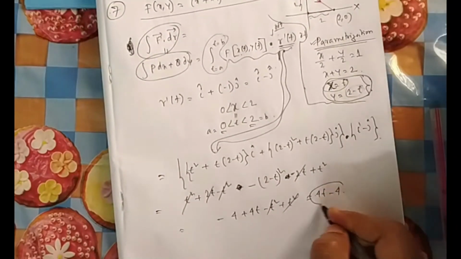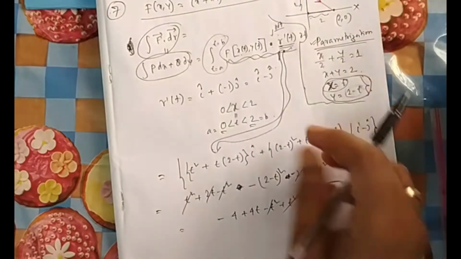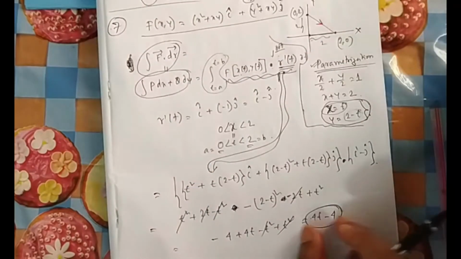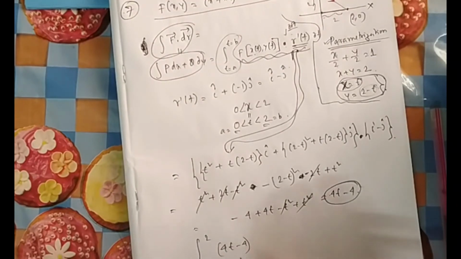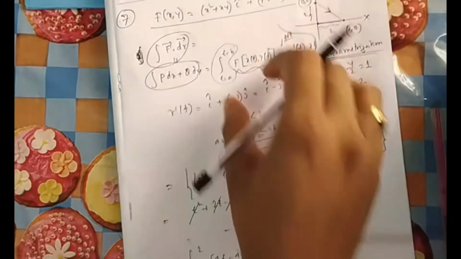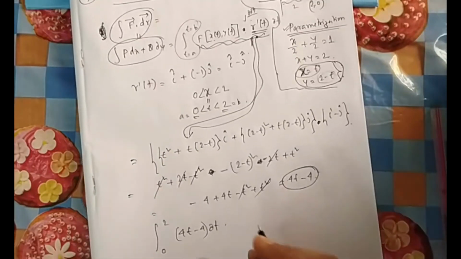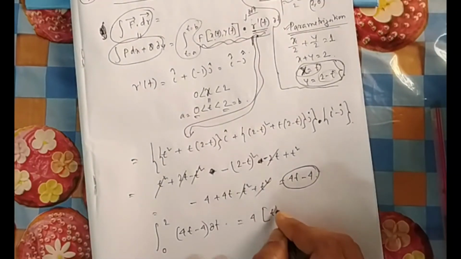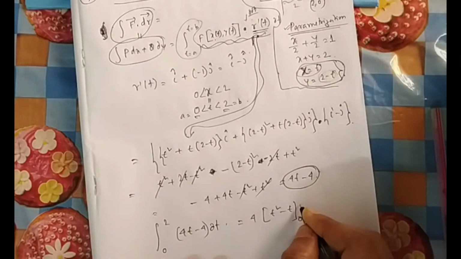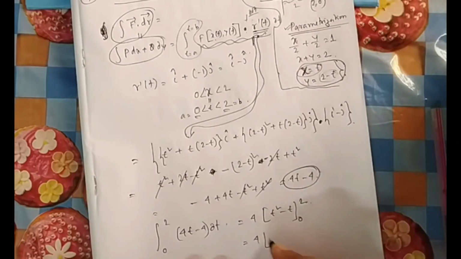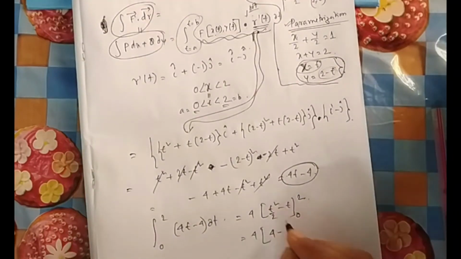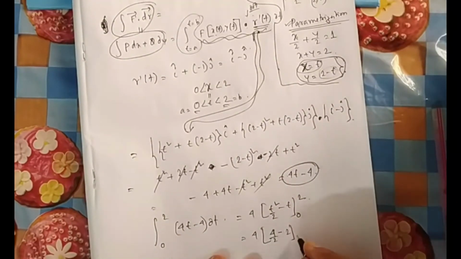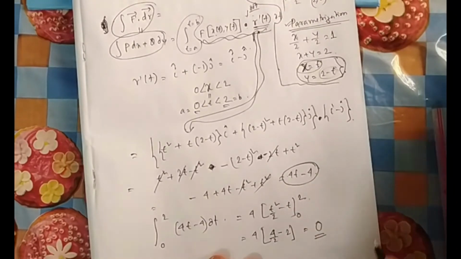So now you just need to integrate this one. This entire thing becomes this. So your integration, a is what? 0, b is what? 2, so 0 to 2, 4t minus 4. So your integration always becomes very easy once you replace all this in parametric form. If you take 4 common, this is t square minus t, if you do integration from 0 to 2. So 4, if you put 2, 4 minus, sorry, t square by 2. So it will be 4 by 2 minus 2, then 0. So ultimately it is getting 0.